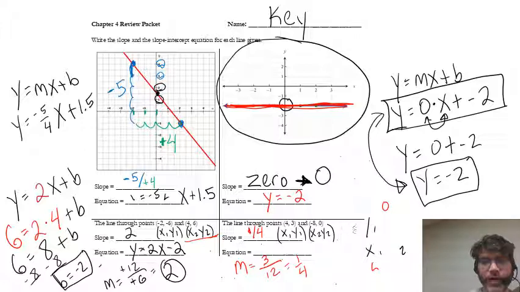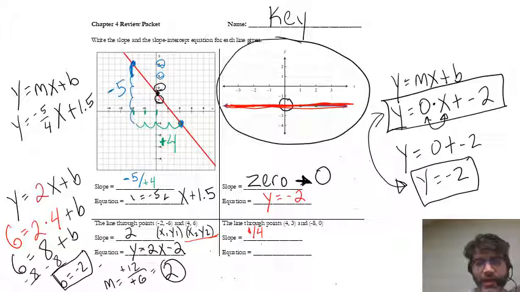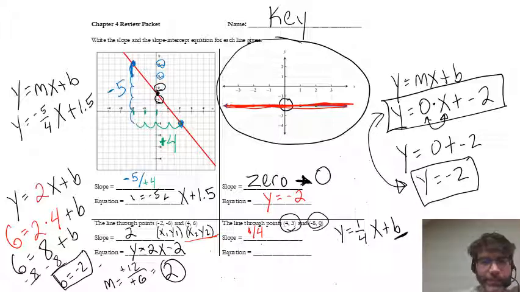Okay, now that we have our slope, now we need to figure out what our b is, our y-intercept. So we know that our m is 1/4. Our m is 1/4, so we can put that into our equation. So we have y equals 1/4 x plus b. Now to figure out what our b is, we can plug in either this point or this point, doesn't matter. Because either of the points lie on the line, so they'll help us balance out the equation. Let's plug in 0 for y,